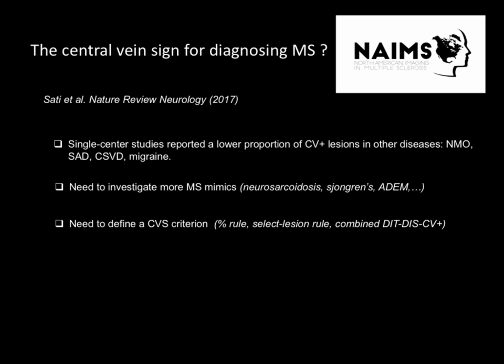Or do you start picking lesions? So you say, I'm going to pick certain types of lesions and just look at those lesions, which also will speed up the clinical process, right? Because you can count central veins in all the lesions. Imagine your patient has 40 lesions, how much time does the radiologist have? It won't be practical. Or do you think about combining maybe the existing criteria, so the DIT, DIS, with the